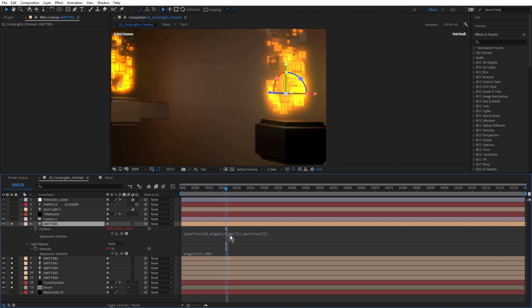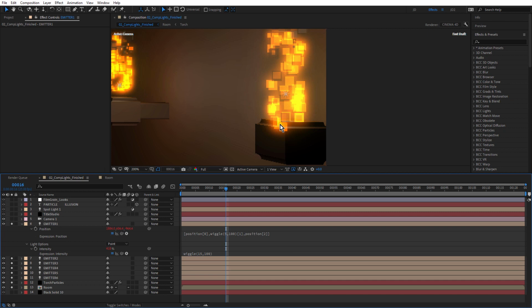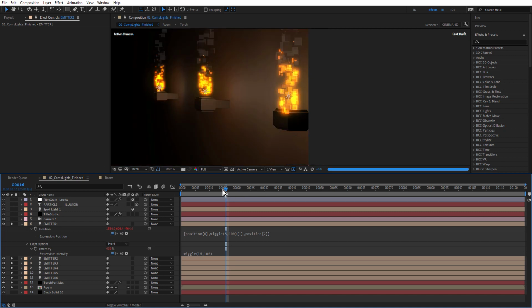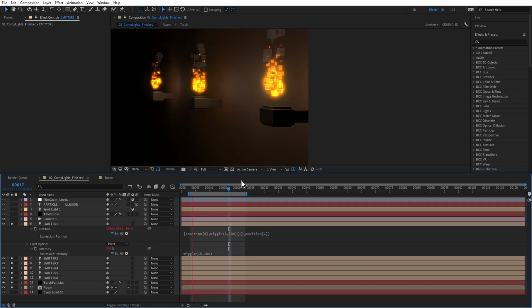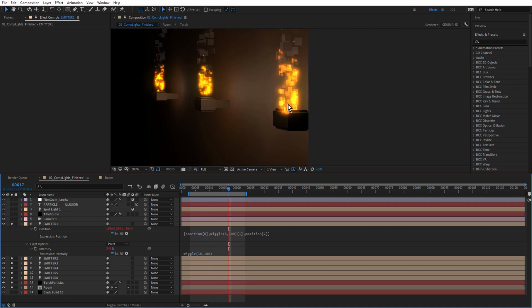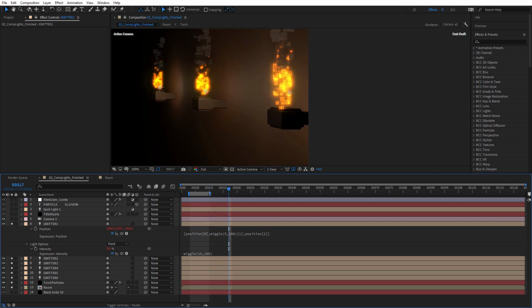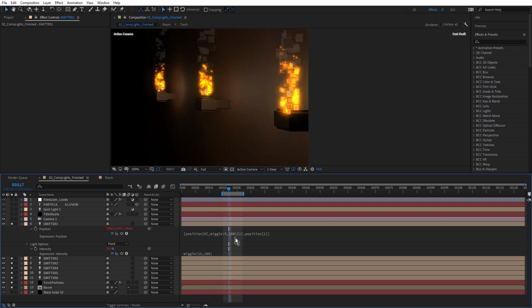If I wanted to really make it fly up and down, I could make this much higher. And that would make it really jump. Let's just preview a couple of frames. You can see it's moving quite far down now. So that's a little too much. So with this, a little bit goes a long way. I just wanted a little bit of movement up and down to make it feel like it's floating.